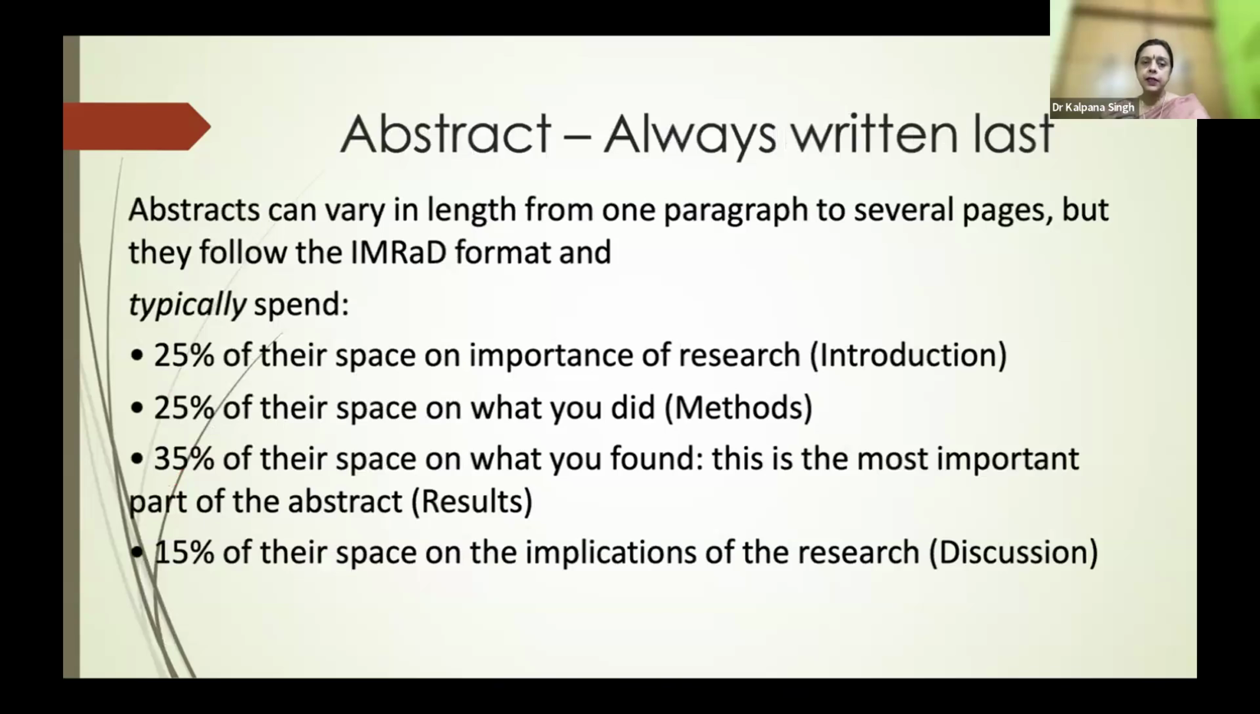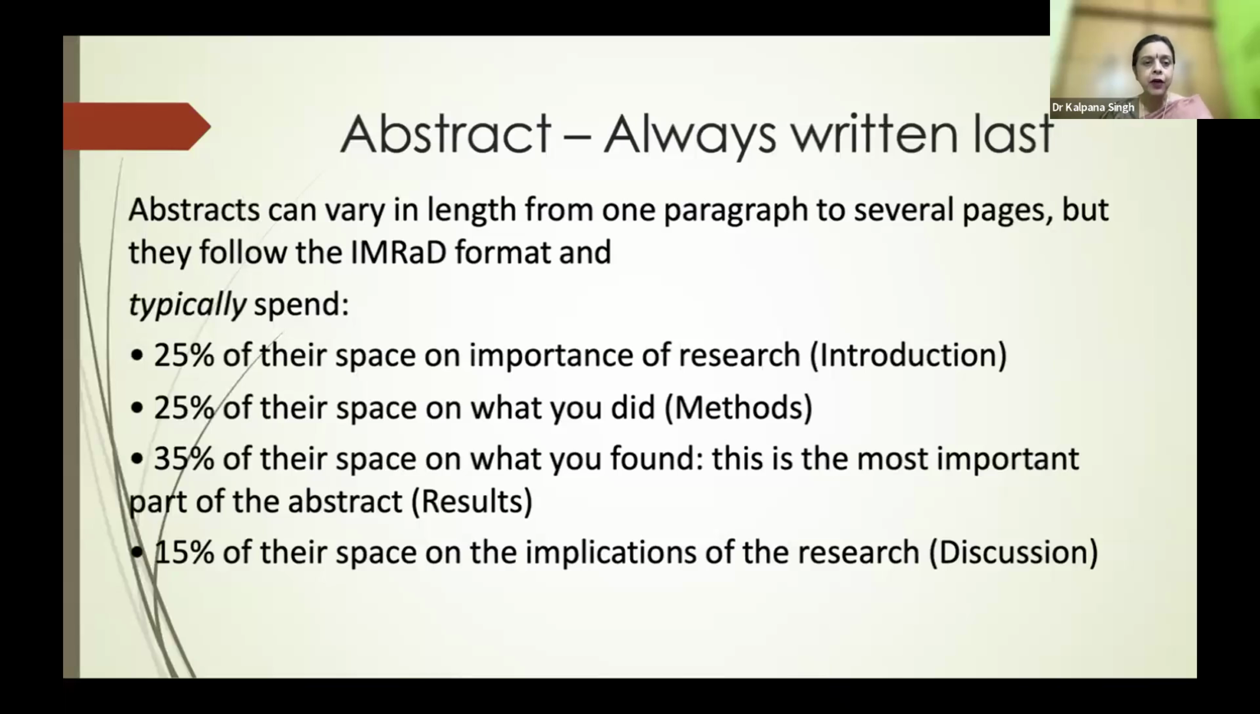So first of all, I'll be talking about abstract. So abstract is always written in the last. When you have got all the paper done, then only we write the abstract. So abstract varies in length from one paragraph to several pages, depending on the requirement of the journal, and